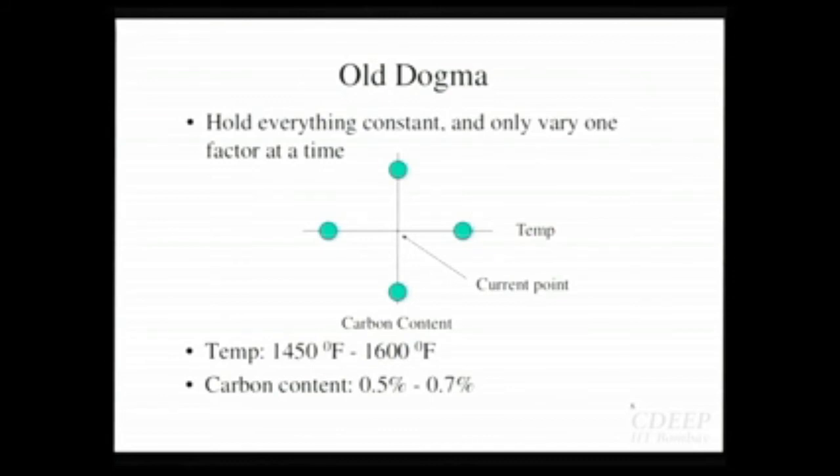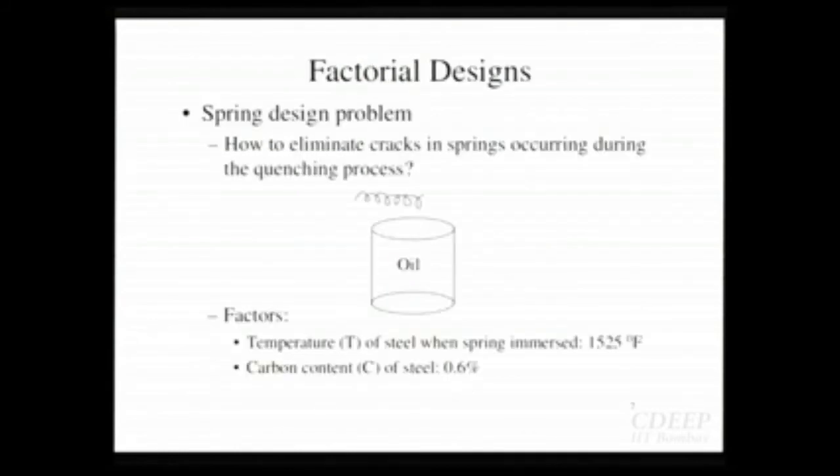In the old dogma, the earlier idea, which probably several people still use, what would you do in such a situation? Forget developing a model, supposing you just had to identify what is the effect of temperature on cracking, or of carbon content on cracking. What experiments would you do? You are allowed to perturb them from these nominal, default values. What would you do if you go to the lab?